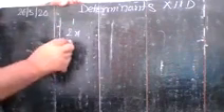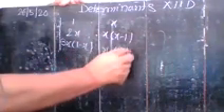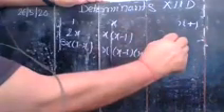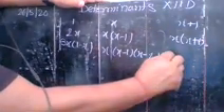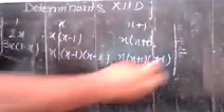Okay, next question. Prove that the determinant with first column 1, 2x, and 3x into 1 minus x, second column 1, x minus 1, x minus 1 into x minus 2, and third column x plus 1, x into x plus 1, x plus 1 into x minus 1, equals